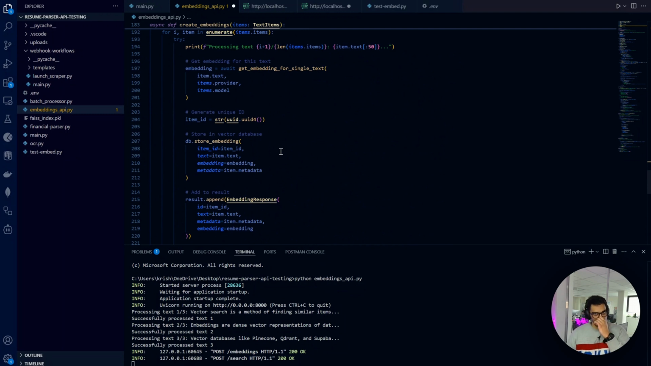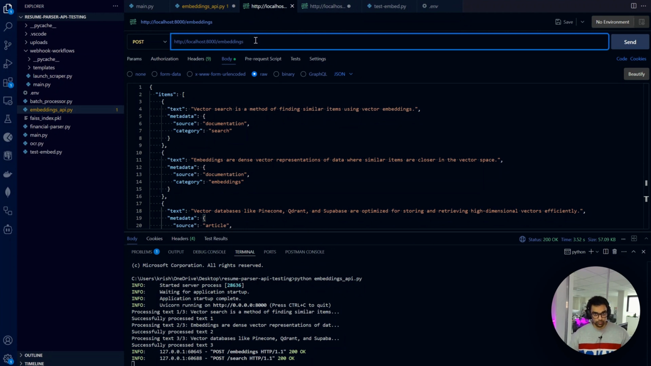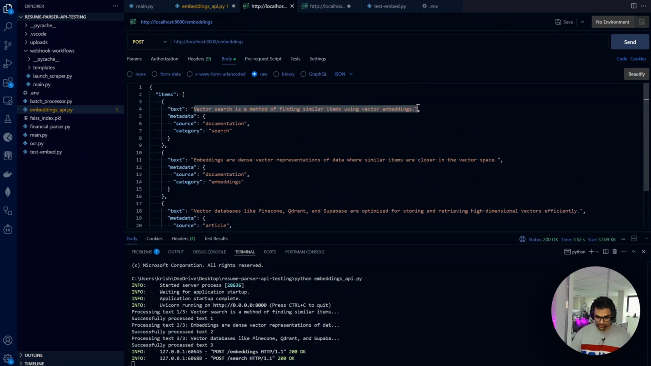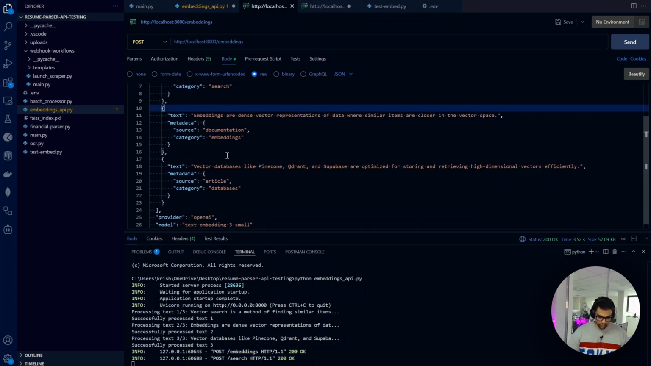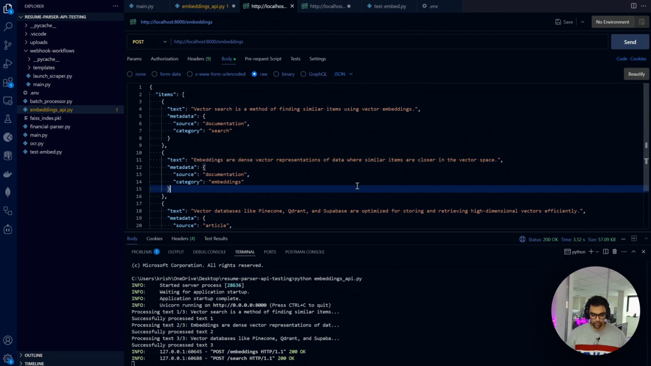Now let's see it in action, like how it works, right? Okay. So if you remember, this is the endpoint that I have. It's running locally, right? And this is the body of my API. So it has a text, and this is one sentence. Metadata is basically the source or category. It's up to you, you can change it if you want. And then the second text, the third text. So I have three texts, basically three sentences, that I want to store in a DB. So if I hit send,